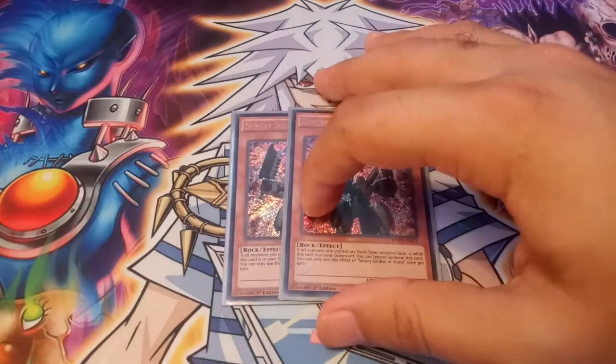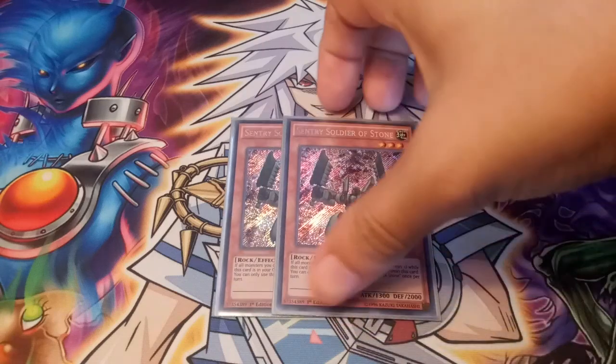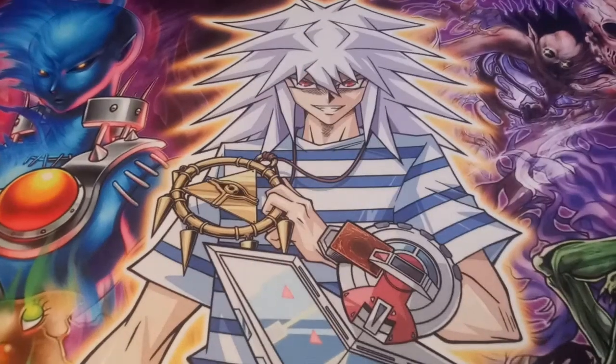And since we run rock monsters, why not run Sentry Soldier of Stone. If all monsters you control are rock monsters, while this card is in your graveyard, you can special summon this card. You can only use the effect of this monster once per turn. So honestly, it's really good. I love that card. And then I run two